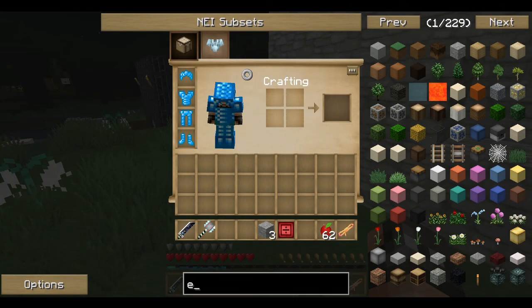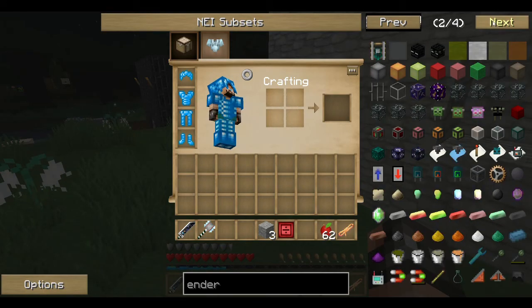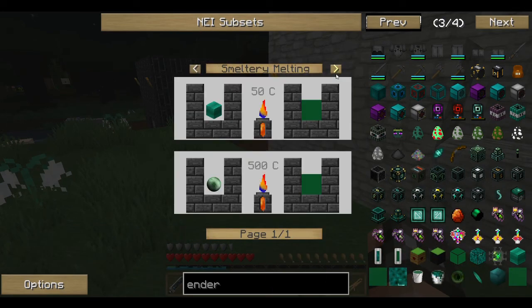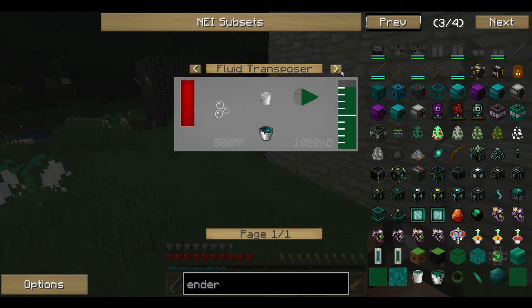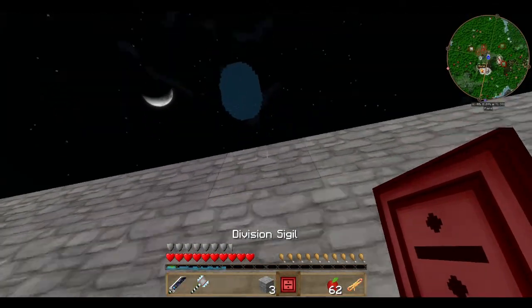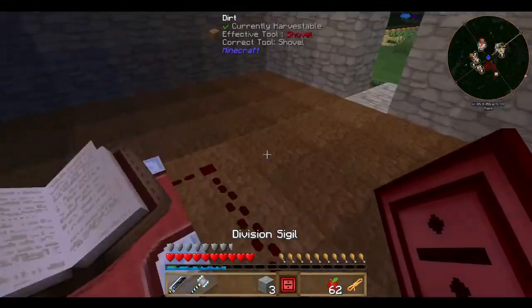It's ender. Where is it? I don't want Ender IO, I want the actual Ender. Yeah, there we go. I want the Resonant Ender, so, you know, it's going to be one of those things of just take some time. I can make it in a smeltery, that'll make life easy. I might have to do that, but yeah, obviously that'll mean that I can create buckets of it,